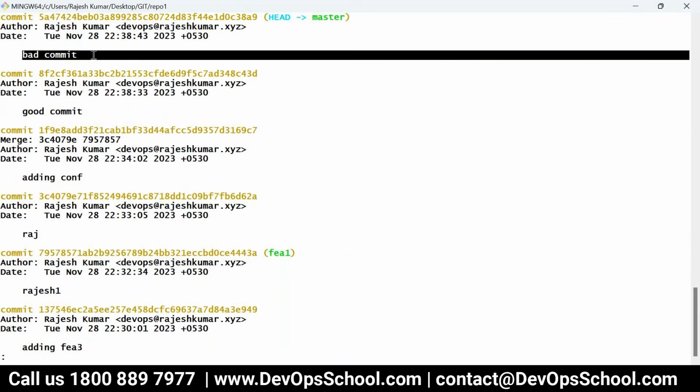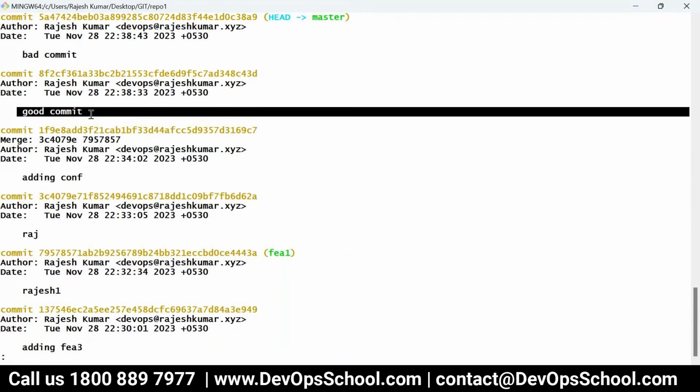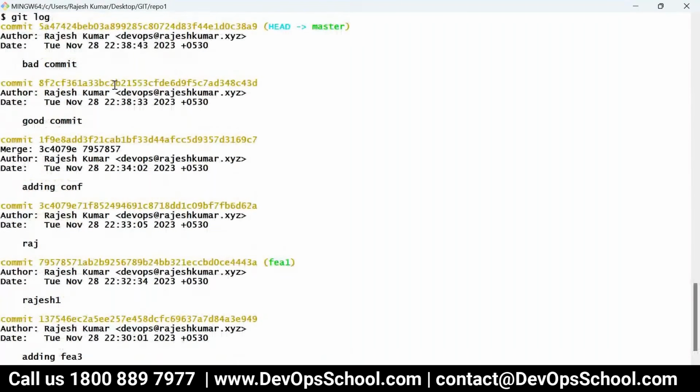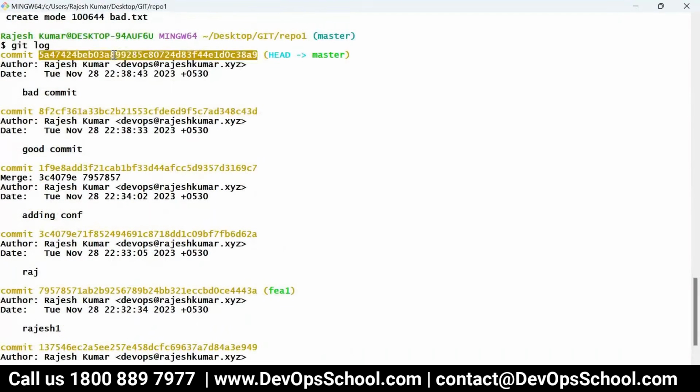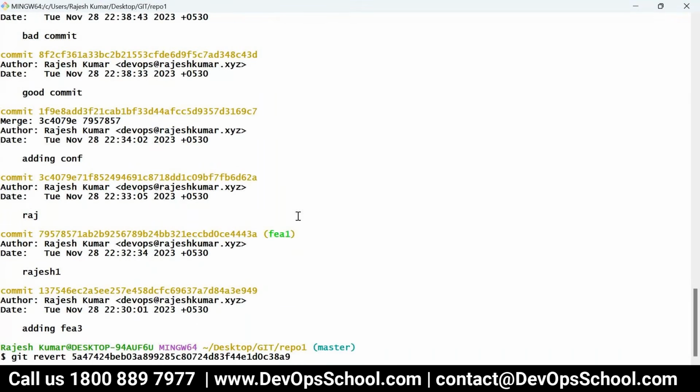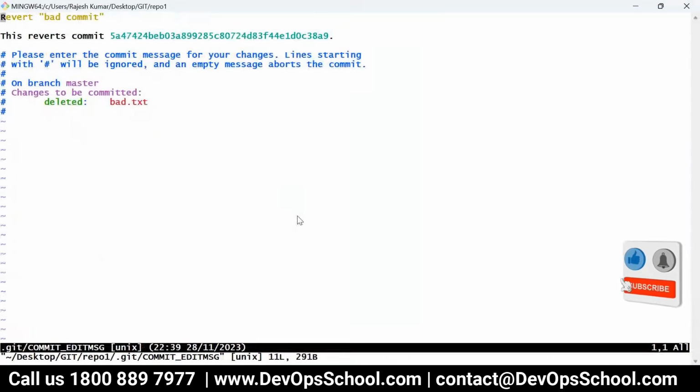Okay, so the bad commit, you want to revert it with a good commit. So what to do? So simple, you can take this commit ID, git revert, whichever commit ID you want to revert. So you want to revert the bad commit, this one, and git revert process. So remember, clean, then reset, now revert. So if you do git revert, they'll ask you, hey, why are you reverting? So you can give some reasoning and save it.